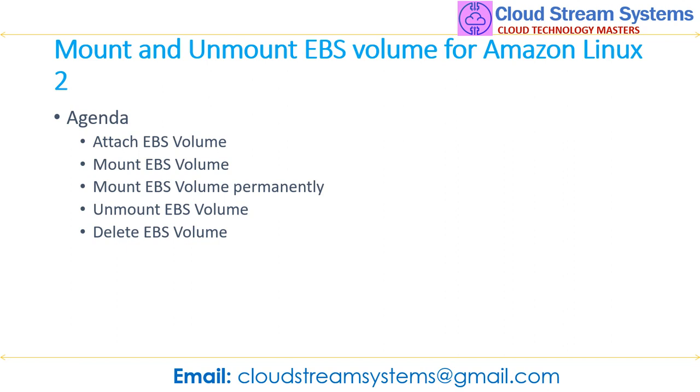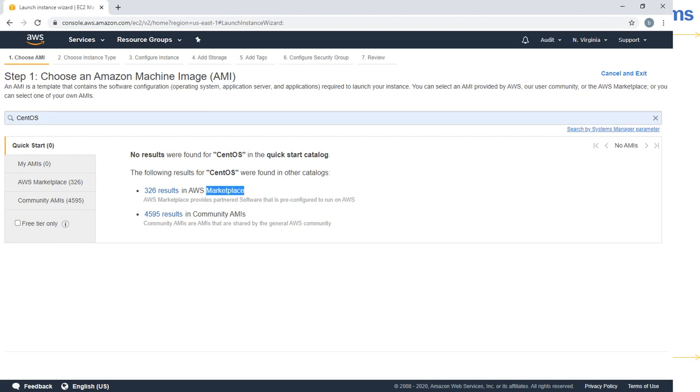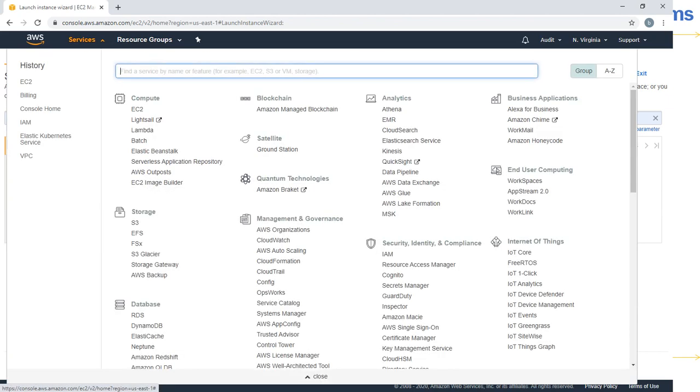You have to perform just 2-3 simple commands for that, and that is what we are going to see. And as you know, this is just a demo. In order to avoid additional charges, you just unmount and delete that EBS volume. So let us switch back to the AWS console and see how to do it.